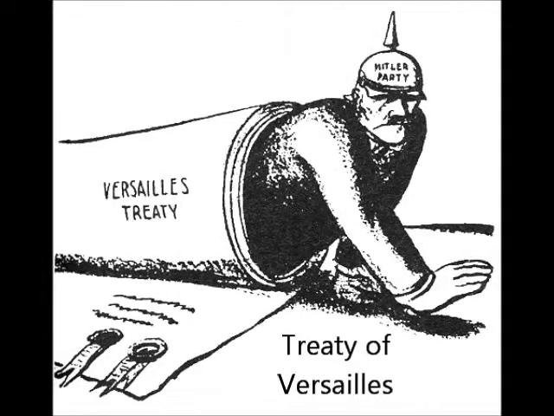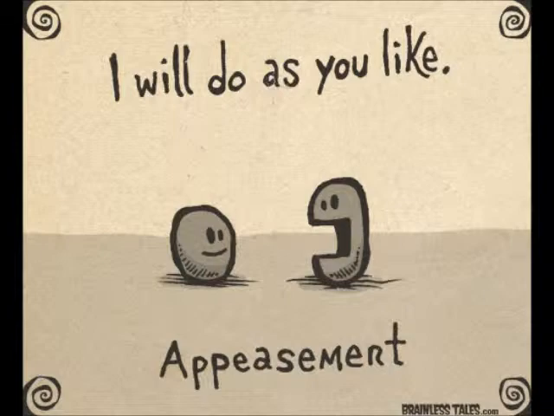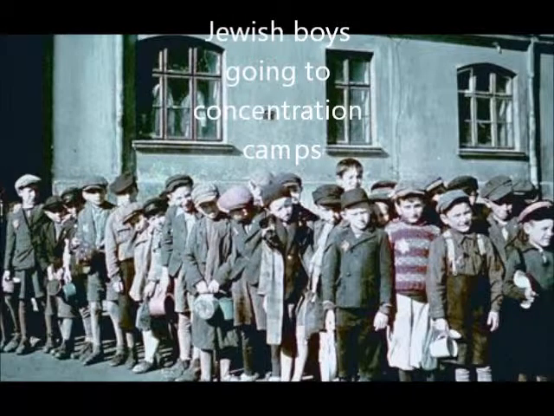During Hitler's reign, France and Britain used a strategy called appeasement to try and calm Hitler down. This is when they would give Hitler whatever he wanted, hoping that he would back off a little bit. Of course, this did not work, and over time, Hitler gained even more control and power of almost all Europe. He started the Holocaust, focusing on Jews in order to create his so-called perfect race.